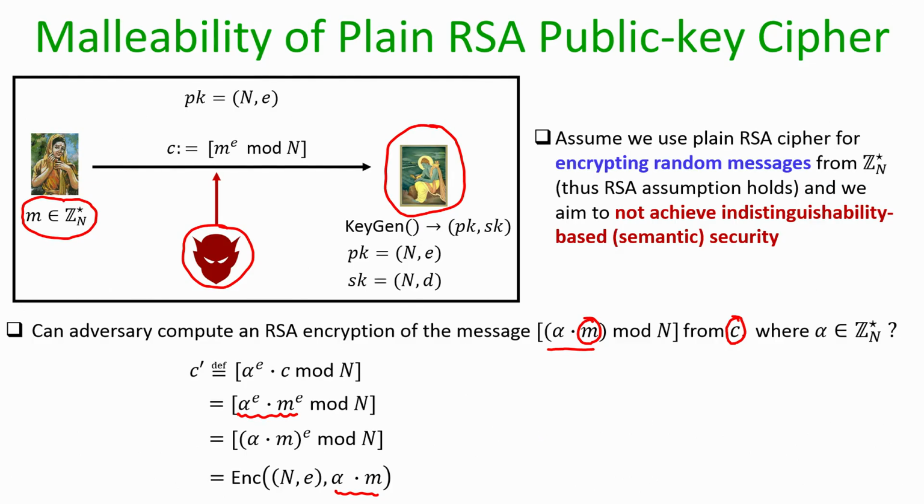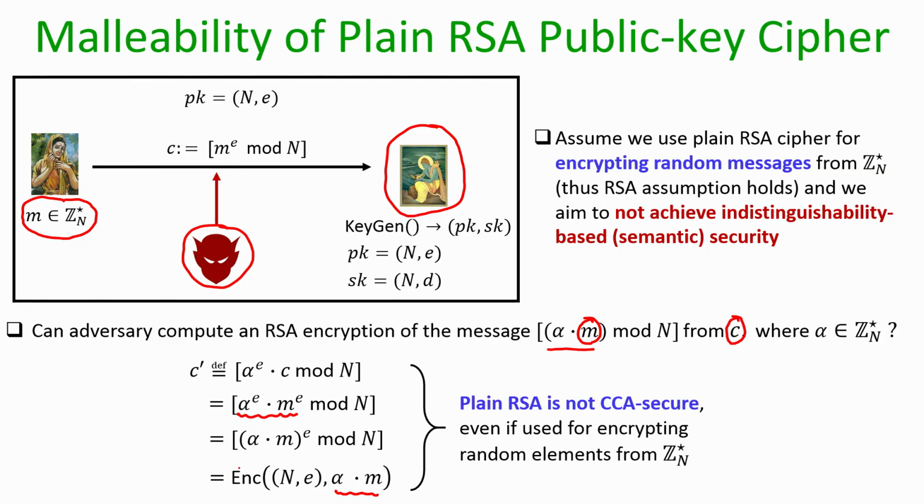That means, if the sender would have encrypted the plaintext alpha times m, then the ciphertext as per the plain RSA cipher would have been c dash, and that means the RSA encryption process is not CCA secure, even if it is used for encrypting random elements from Zn star,